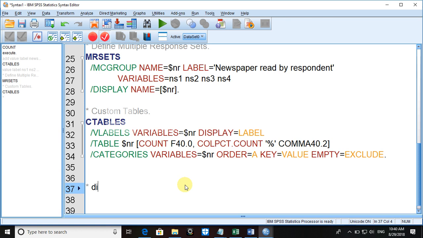So these should be variable level. What is the syntax of variable level? This variable label